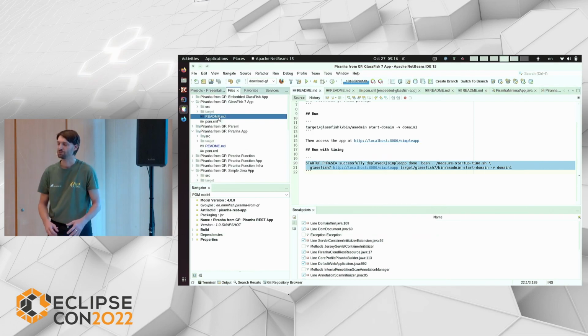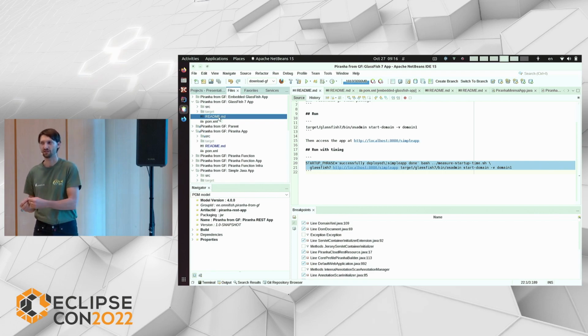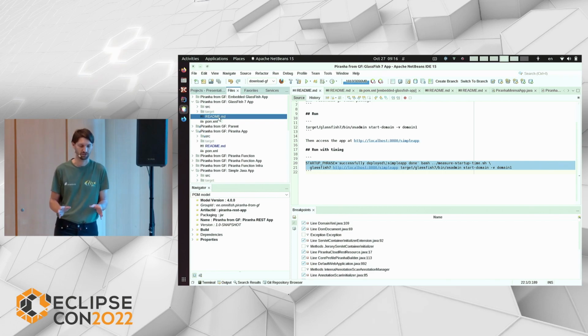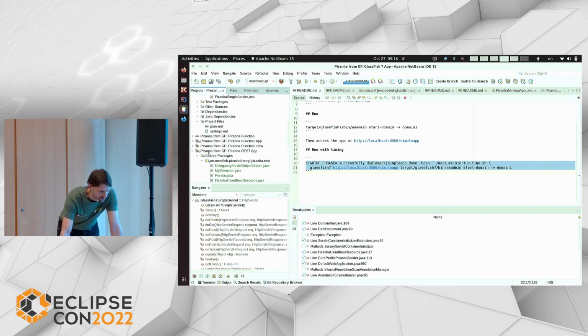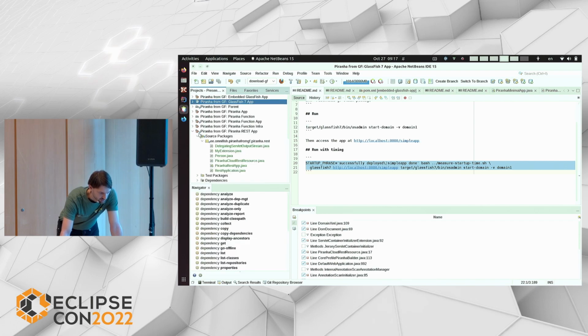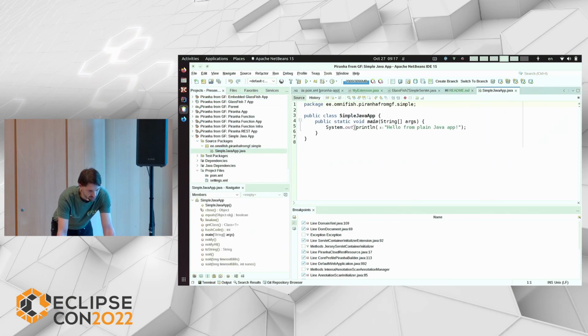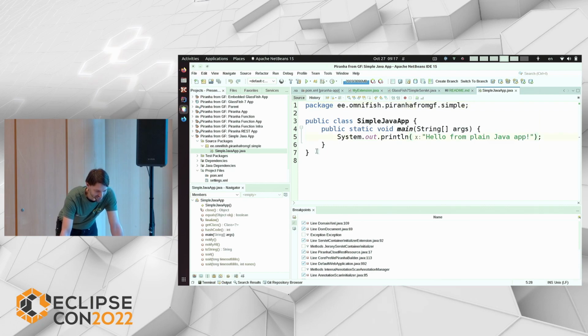Just for those who are interested to know how fast Java itself is, without any application server, without anything, I have a very small application that just prints hello world, no HTTP, nothing, just the most bare bone we can get with Java. So this is the code, even less fancy. Everybody knows that. People who start with Java hate all of this, public static void main, but I hope you're not like them.